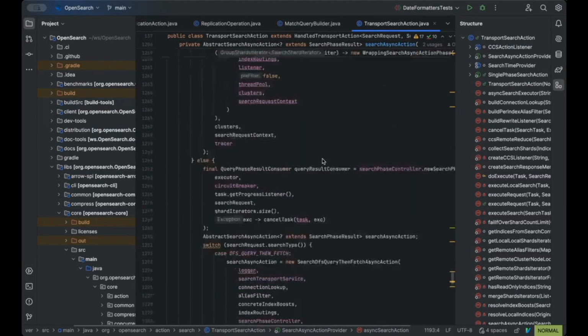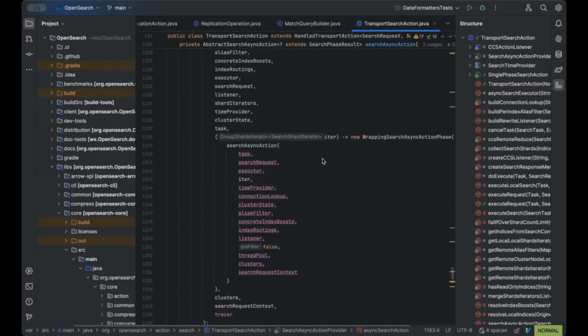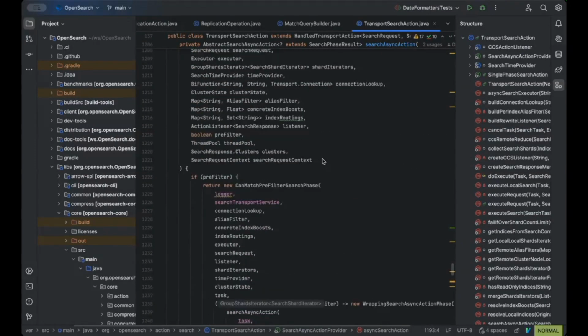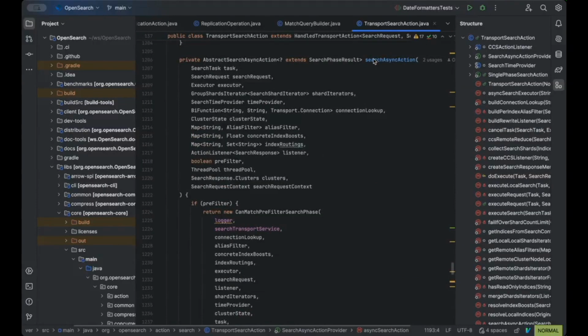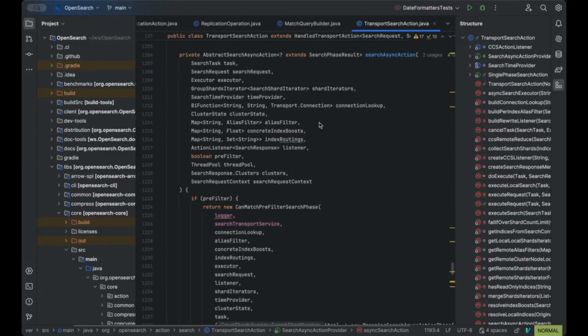So I believe where we left off last time, we were in the TransportSearchAction class, specifically in this rather long searchAsyncAction method. What this method's doing is producing the so-called abstract search async action that will execute part of the search request. We talked before a little bit about the search phases, that there can be a can